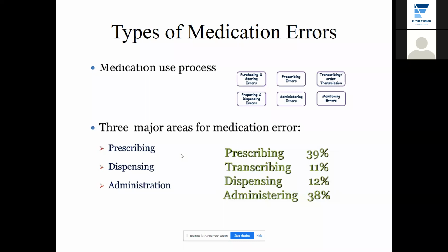وقت بنحكي عن الميديكيشن ايرور مثل ما تكلمنا هنا انه بالميديكيشن ايرور اللي هي ممكن يكون مشكل بالبريسكريبشن بالديسبنسينج او بالادمنستريشن. فاذا المشكل ممكن يكون بالبريسكريبشن بالوصف، ممكن يكون بالديسبنسينج او ممكن يكون بالادمنستريشن مثل ما قلنا. واذا بتلاحظوا انه 39% من الاشياء بتصير نتيجه البريسكريبشن. ليش؟ و38% من الادمنستريشن. ليش بالبريسكريبشن؟